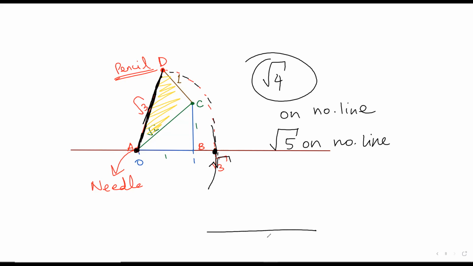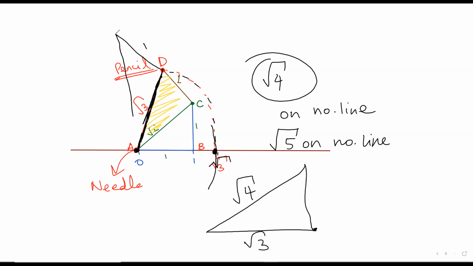If this is your triangle and you need root 4 over here, then the base is going to be root 3. This is going to be your base, and over here you draw 1. And this is going to be root 4, right? Ma'am, if the number increases, the number of triangles will also increase. Yes, absolutely, you got it right. Now, this is root 4, this is 1. This will become our triangle.